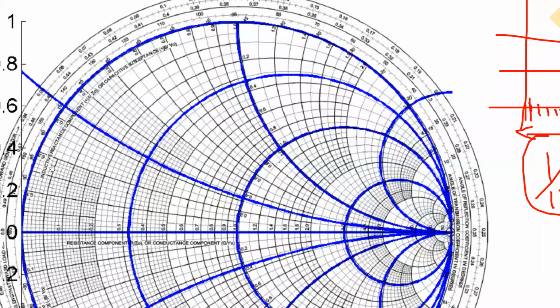Similarly, you can see that those values are also specified on top, where the line ends. If I consider this line at the end, it will be around 0.4. That is this line you are observing. This is 0.4, and this line is ending over here. So you can identify the value of the reactance from these values. This is 0.4, and this is for 0.5. Similarly, this circle is associated with the reactance value of 1.